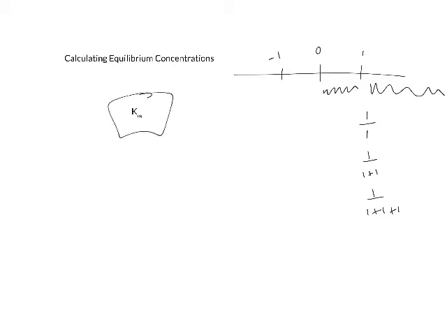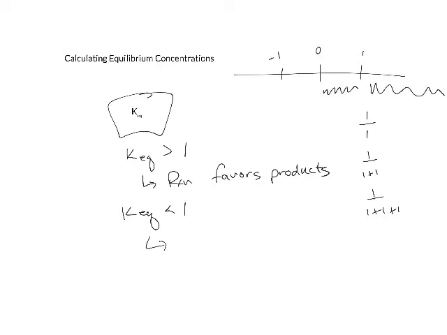So Keq is how we measure the favorability of a reaction. Keq is a ratio. If the Keq is greater than 1, that means that the reaction favors the products. If the Keq is less than 1, then the reaction will favor the reactants. Remember,